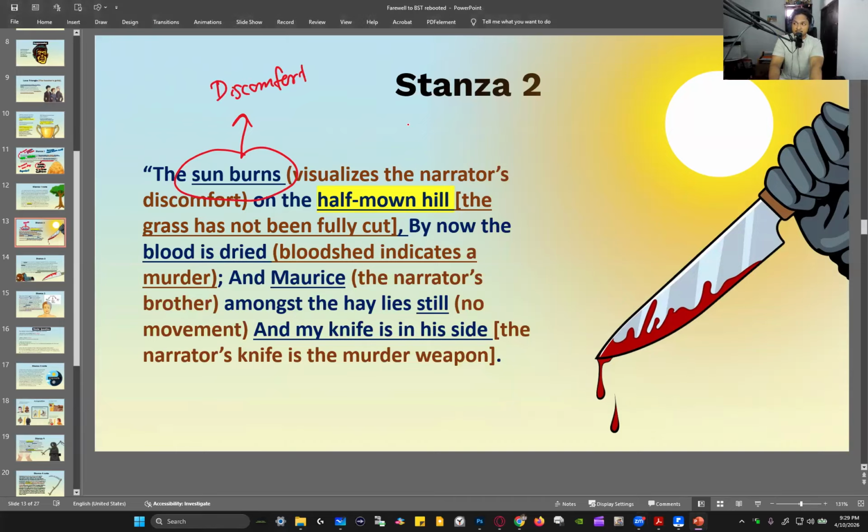Discomfort. The narrator's discomfort. But tell me, why does the narrator feel discomfort? What has he done? He has murdered his